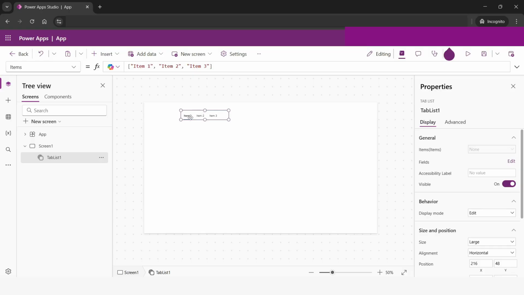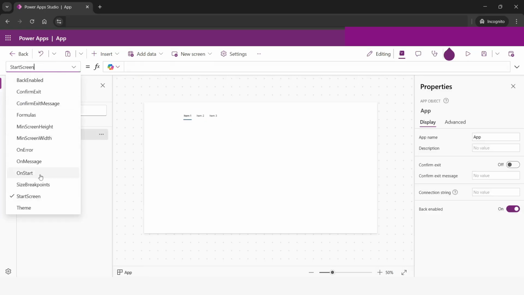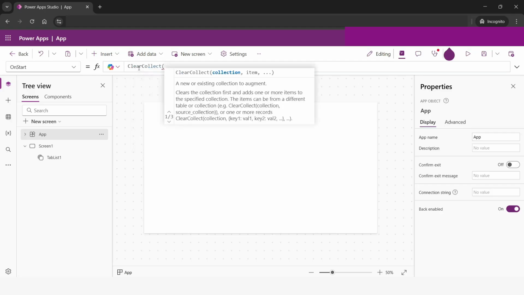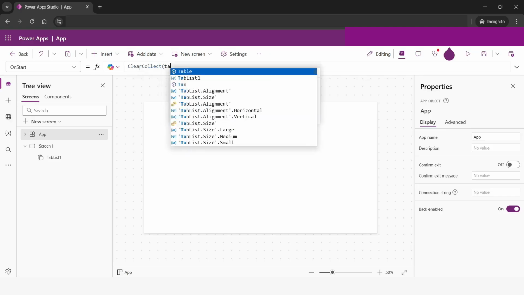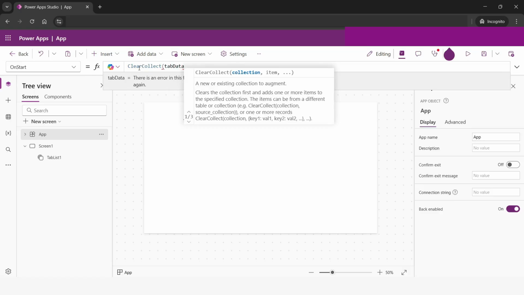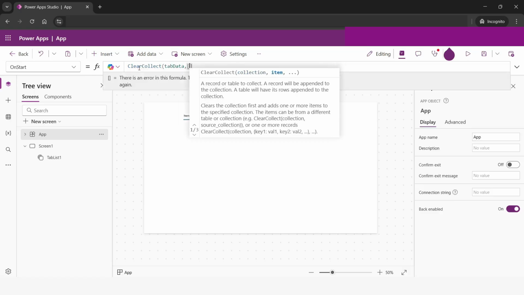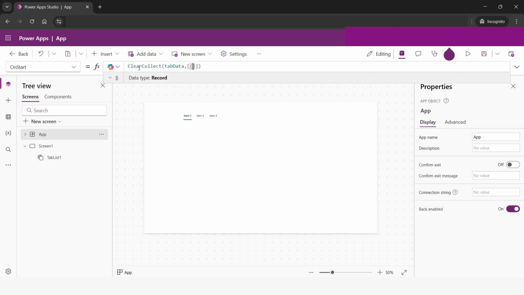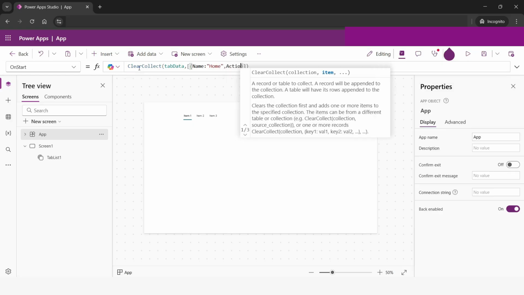To set a value for this Tablist control, we will go to app, and here I will choose OnStart, right? And here we will create a collection. So I will say ClearCollect. I will name it as tab data, comma, then a square bracket, inside the square bracket curly bracket, and then close the round bracket. Now here I will specify the values. So first I will give the name attribute. So let's say it is Home, comma, then Action,